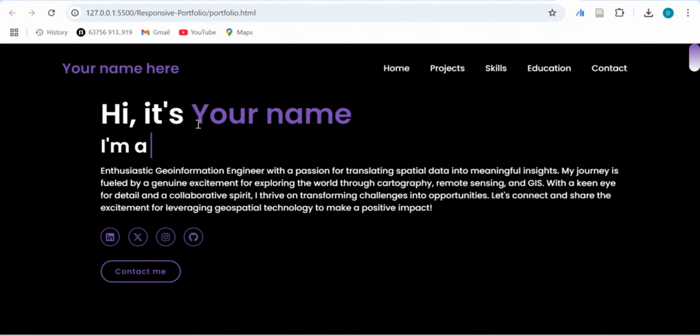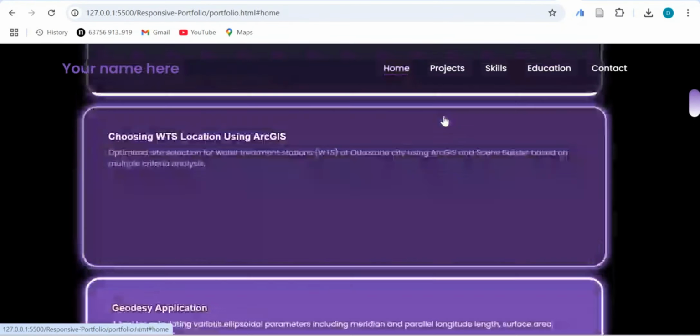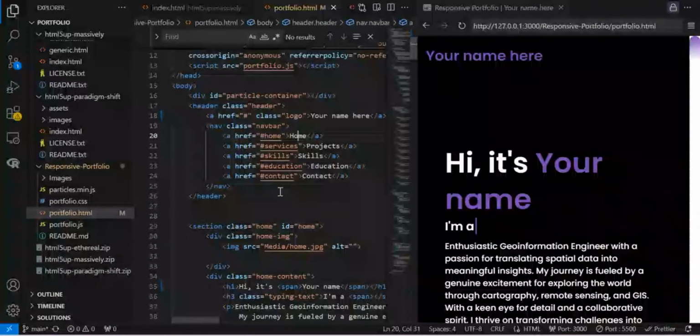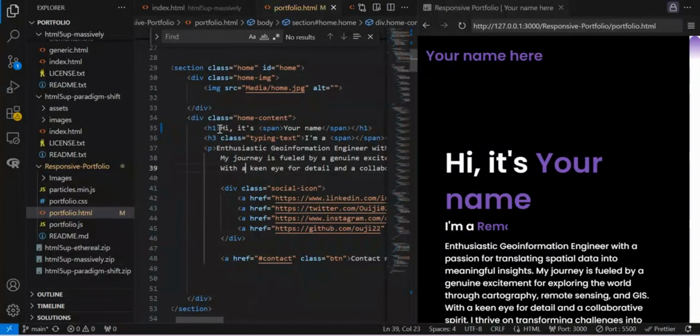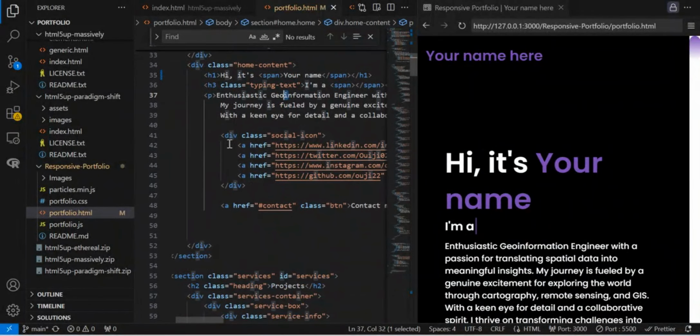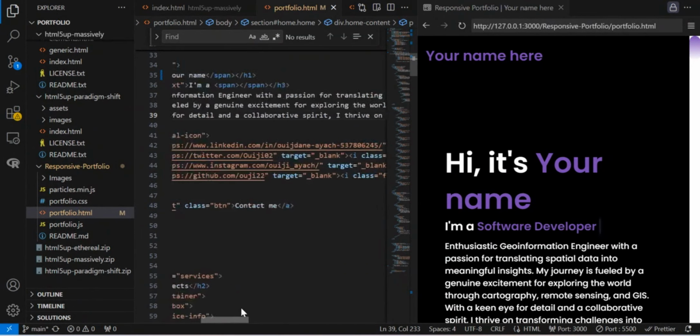Yeah, so you can see how this particular template uses the navigation just at the bottom. So it takes you to contacts, education, skills, project, and then the home key. But again, like I said, it follows the same principle. You should always have your header. If you want it to be header 2, and not so big as this one for your name, then you just change it to header 2, and you make sure that when you're closing it, it's also the same. If you are editing the paragraph text, you also make sure that you are closing it very well over here.